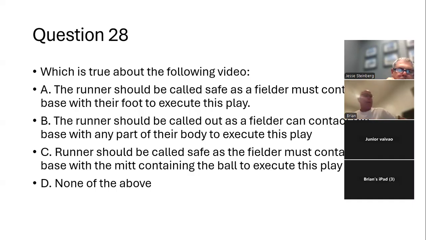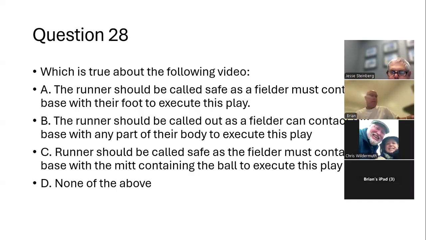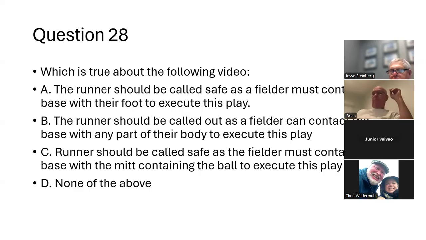I've had that as a play where the fielder was actually holding the ball in her hand and she tagged the player with their glove, because it's natural to tag with the glove, but the ball was still in her right hand. So that's a safe, because with a tag, you have to apply the tag with the ball on the runner, whereas a force out, as long as you have control of the ball and you touch the base, it does not matter what, you could do a headstand on it. I don't know why you'd want to, but that would be legal.